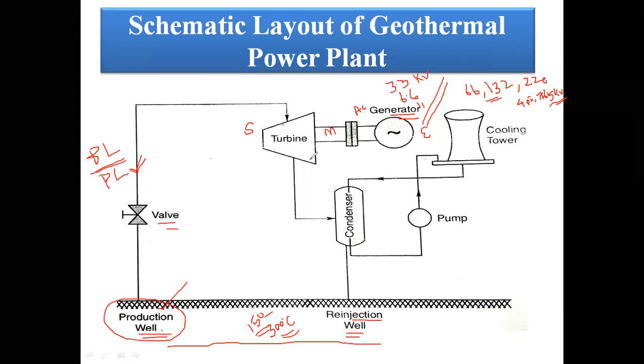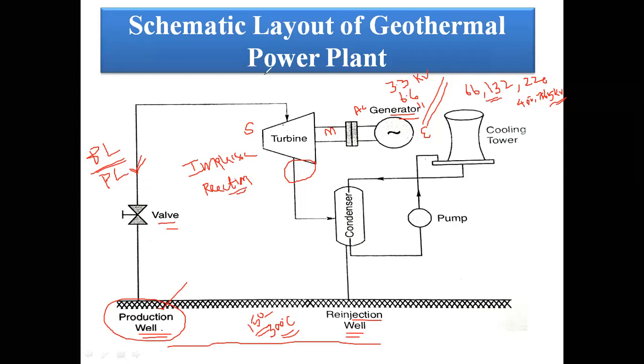Here the wastage steam goes to the condenser. Actually, here we are using the impulse turbine, that is, a steam turbine. It is classified into two types: one is the impulse turbine, another is the reaction turbine. Impulse turbine is nothing but a high speed turbine, and reaction turbine represents medium and low speed turbines.